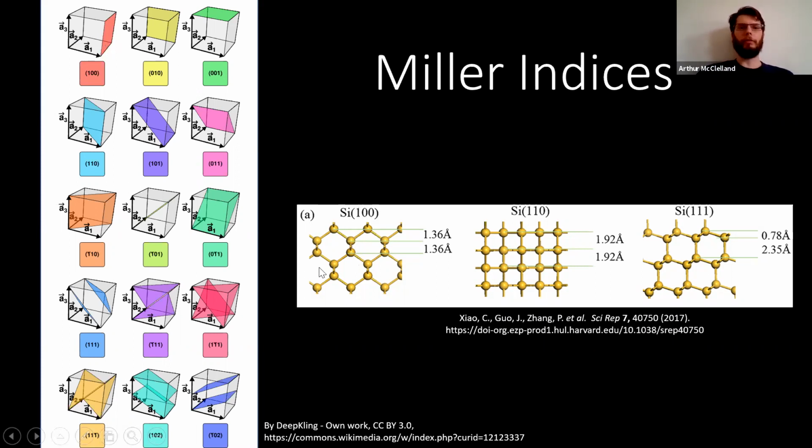We see a certain pattern on that face. If we cut it on the 110, which would be sort of diagonally through our lattice cube, we get a different pattern. So this is interesting because the different faces are going to have very different electronic properties that we can already compare to each other.